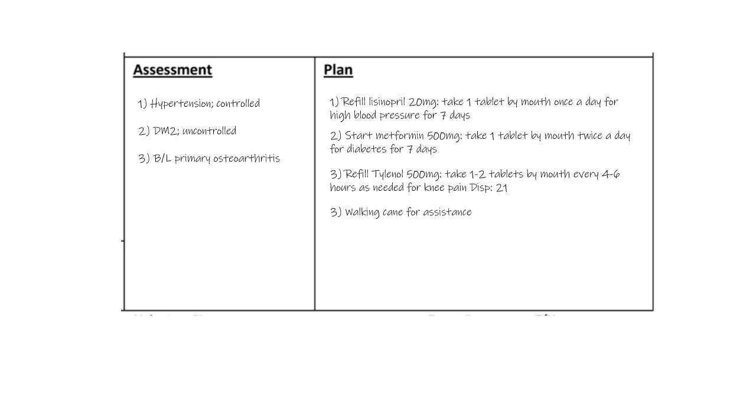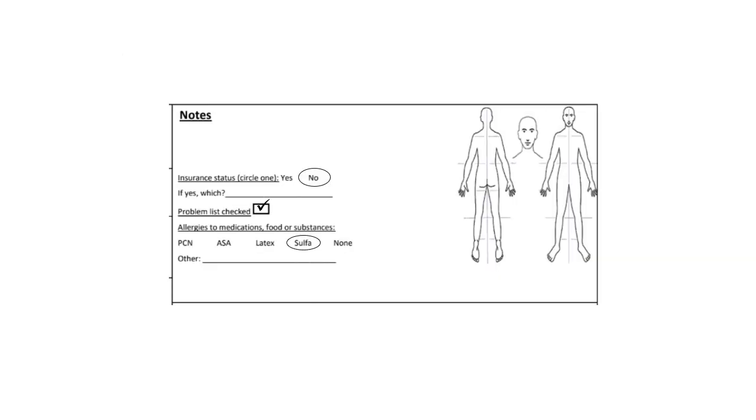And then also for number 3, since it's the same plan for the same diagnoses, we'll put 3. And in this case, we are giving this patient a walking cane for assistance, so we will document that in the chart. So next we're going to go right back up to the top right section, and we're going to write in the notes section